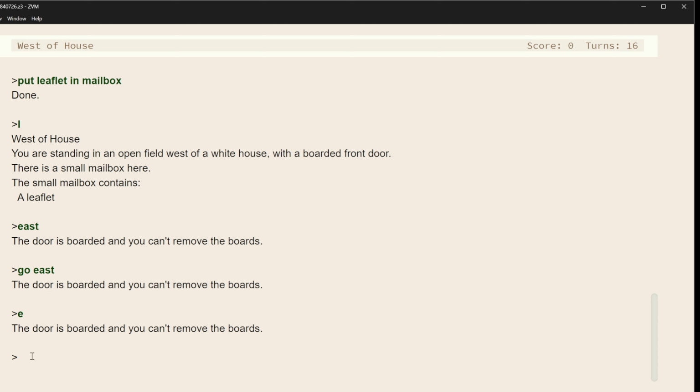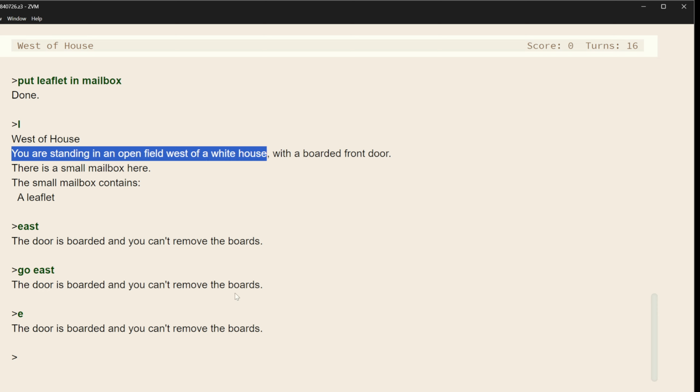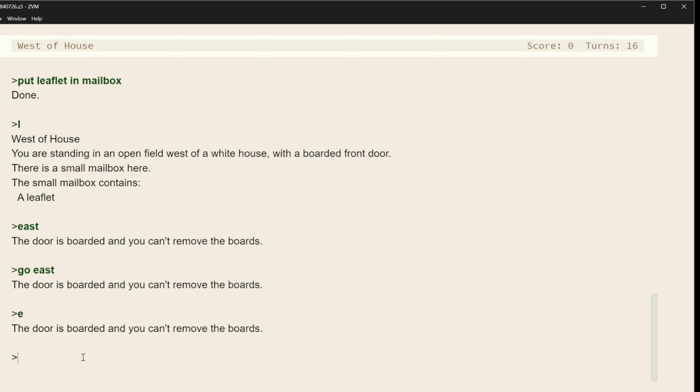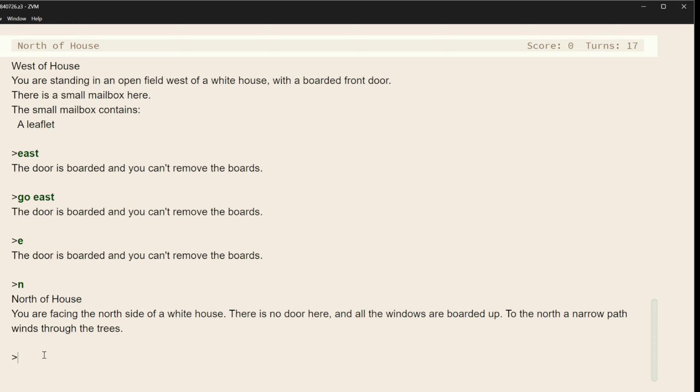Well, one idea is that we could try to get around the house, right? If we're west of the White House, what if we were east of it? Now, the game doesn't really tell you how to do this. A modern game would tell you explicitly, you need to go north to get to the north side of the house or something. But here, we're just meant to kind of figure that out. And so this is kind of like training. It's not really a puzzle, but it's a way to push someone into getting mastery, right? So if we try to go north, we find ourselves north of the house.